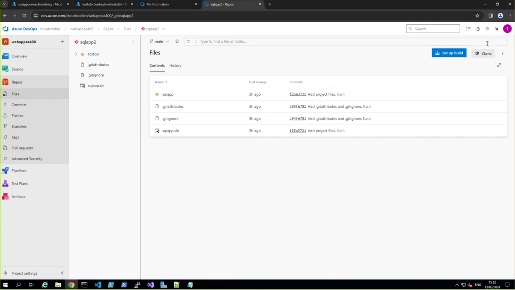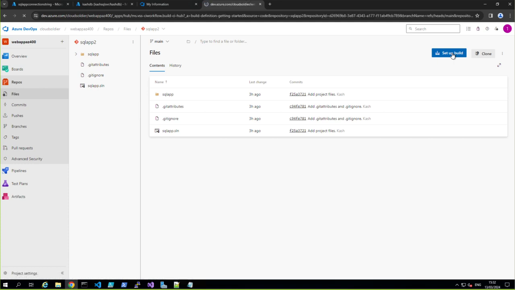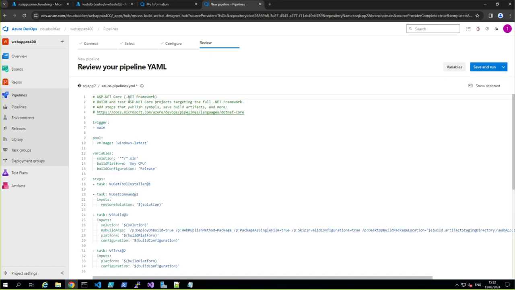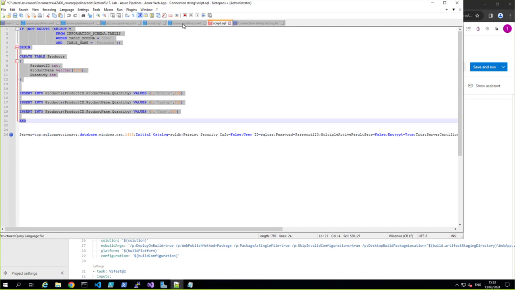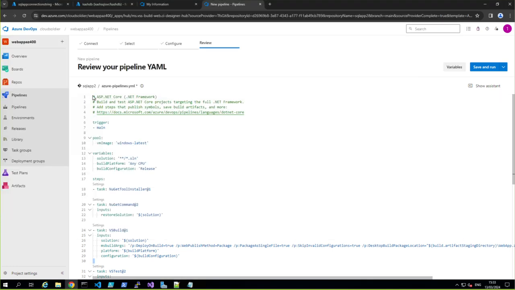So let's set up a build pipeline, ASP.NET Core, and I just replaced this because we don't need all of the tasks. I'll go to my notepad, where I copied this from GitHub, Azure Pipeline, select all, copy, go back here,